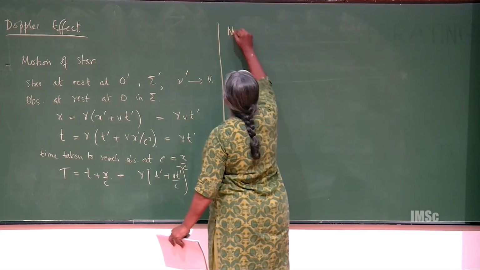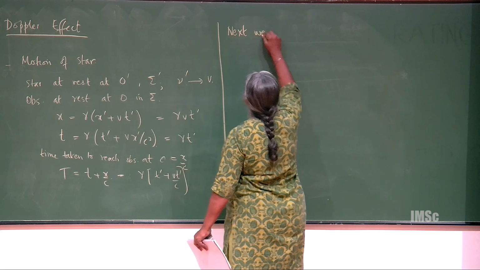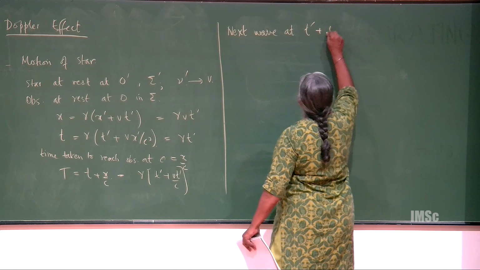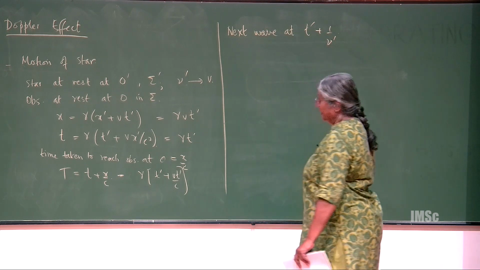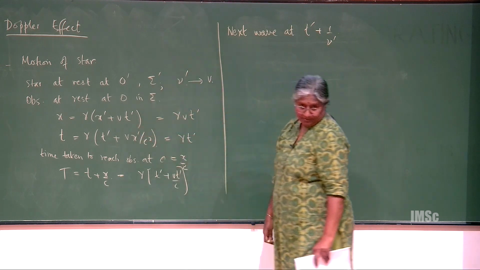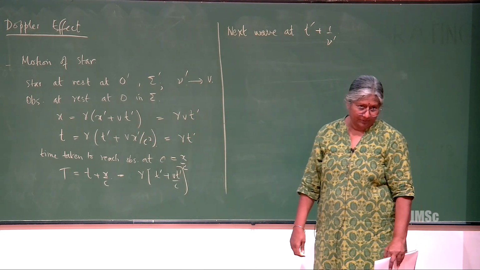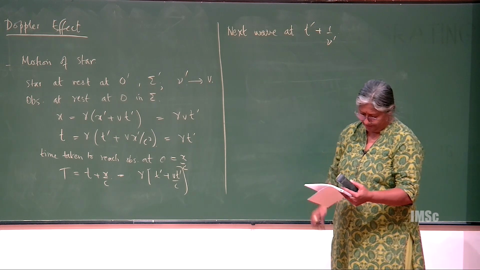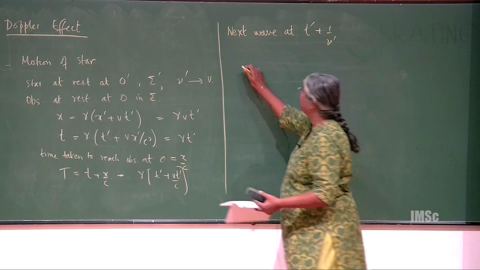So next wave at t prime plus 1 by nu prime, right. So wherever you have t prime, I am going to replace it with t prime plus 1 by nu prime, and do the whole thing again, okay. So you will get a time period t